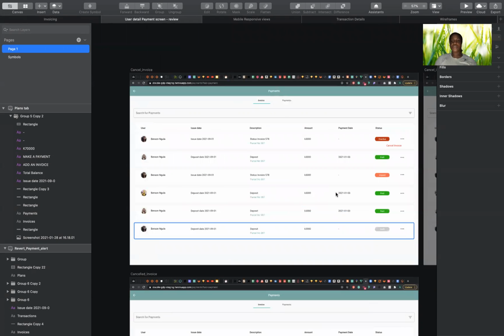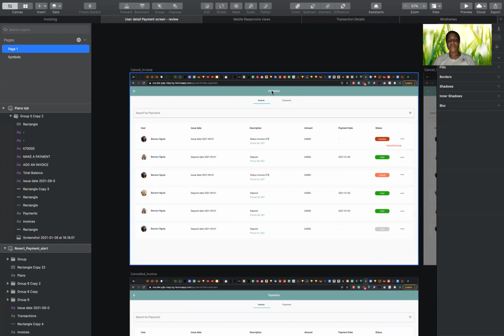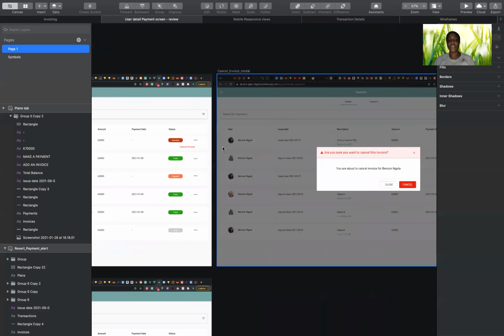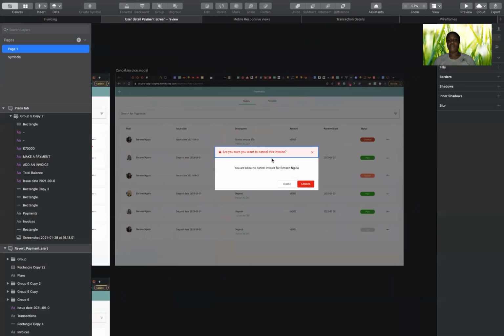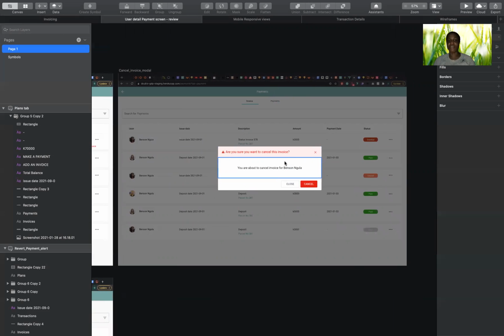In this sprint we also worked on the ability to cancel an invoice. So on the payments page, you click invoice here and then you click the ellipsis and then you can cancel an invoice. Once you click cancel an invoice, a warning modal comes up to show that you're about to carry out an action that cannot be reversed,